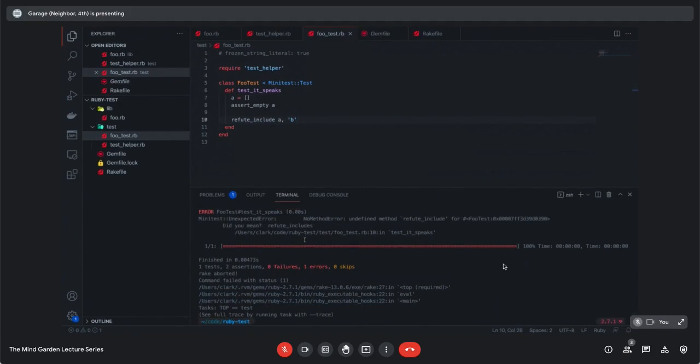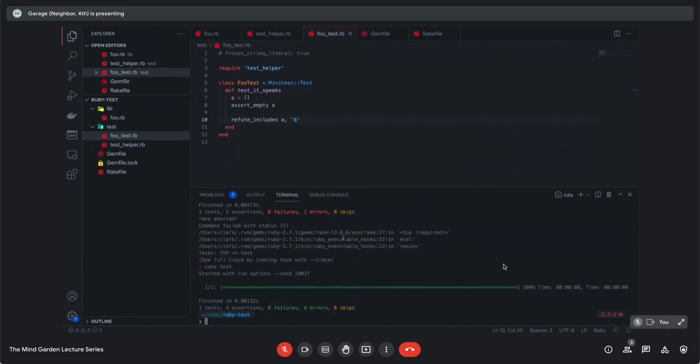Did I read? Oh, it is includes. Okay, so you can see I said I want to make sure A is empty, and I want to make sure it doesn't include B. In this case, this would make more sense if we had